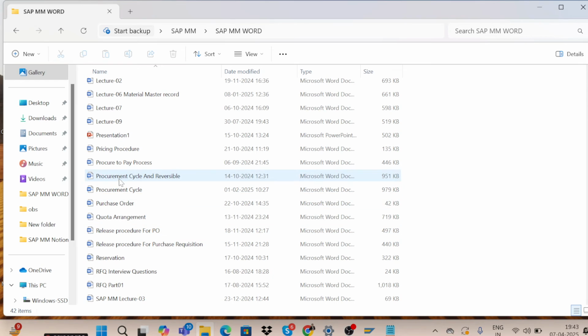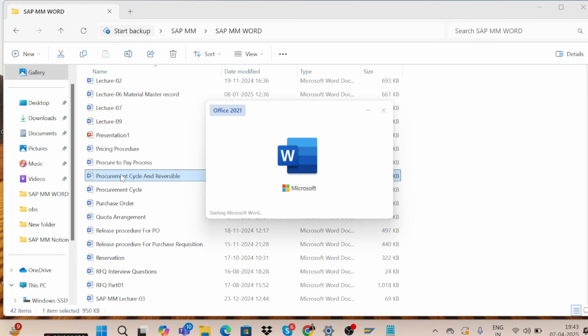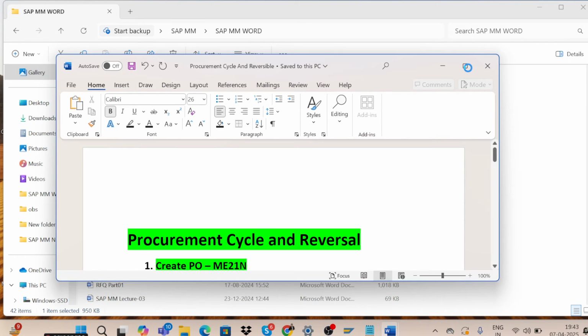Let me open procurement cycle and reversal. So you can check it here.